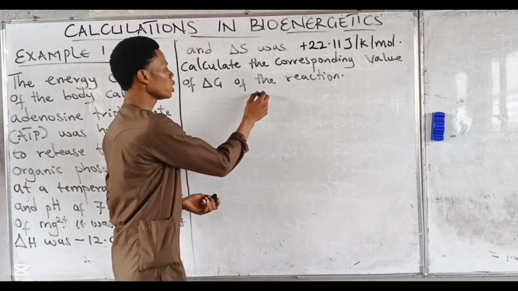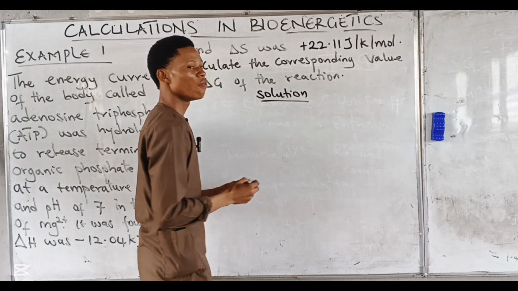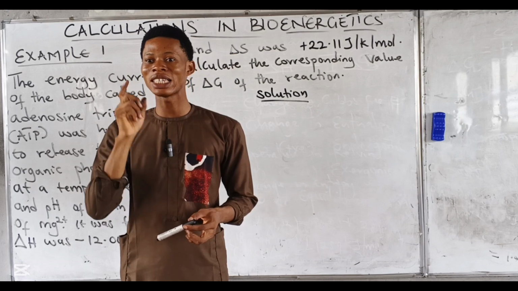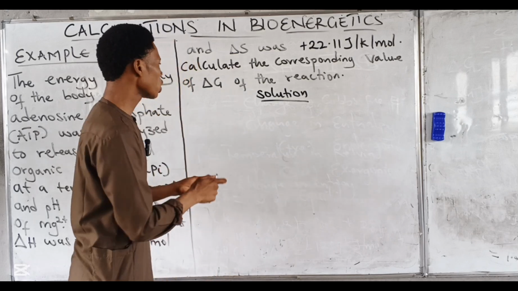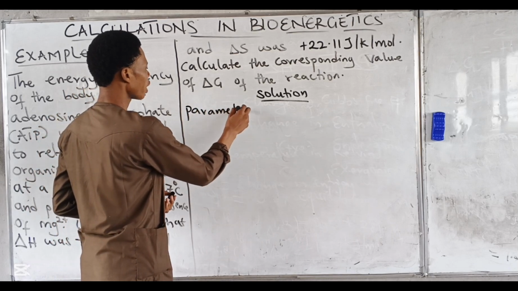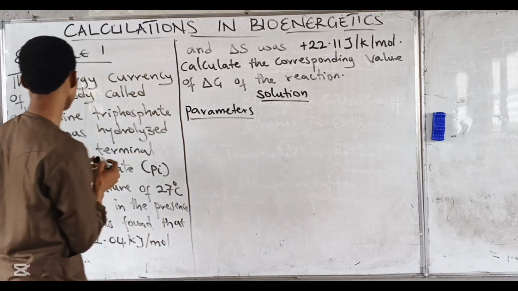Now, anytime you see a calculation question like this, the very first thing you have to do is to write out the parameters given. Only that alone carries mark. So the first thing you do is parameters given. So you write the parameters. What were we given in this question? If you notice, we were given